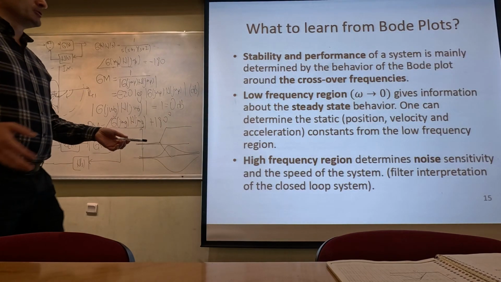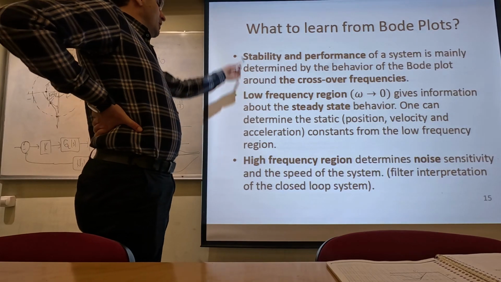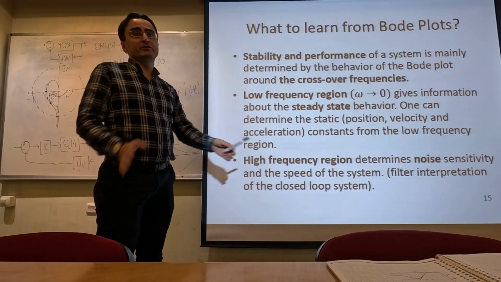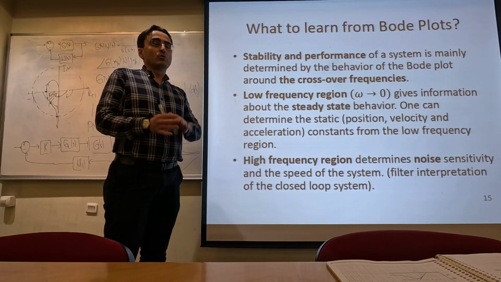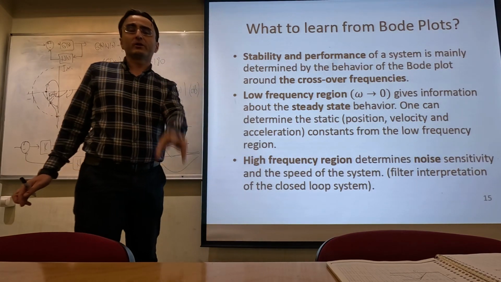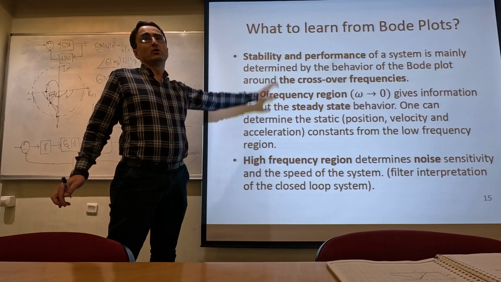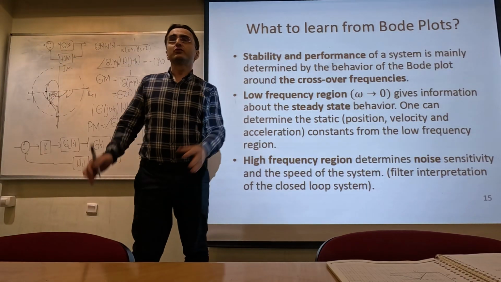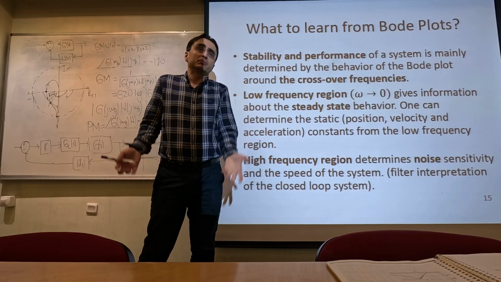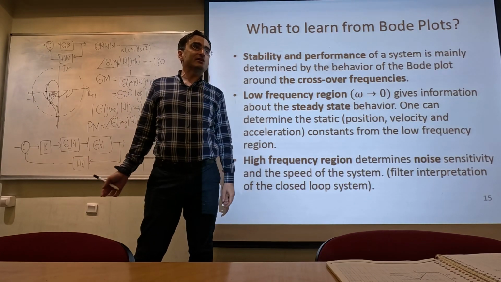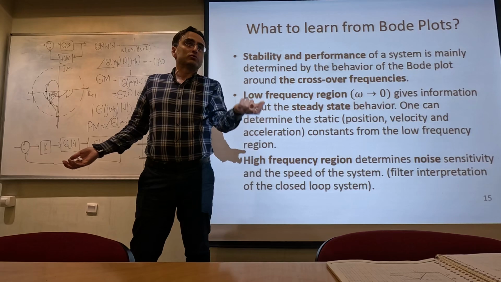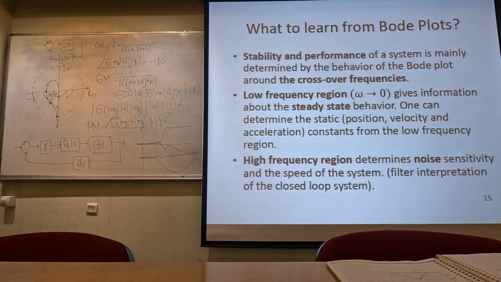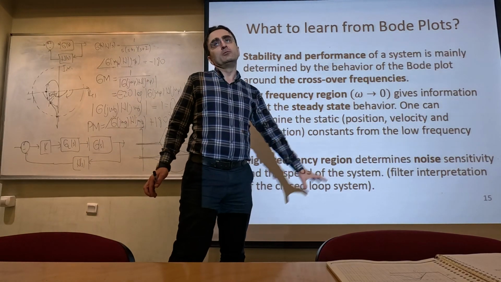So when we look at a Bode plot, what is important for us are these three things in different regions. Stability and performance of the system is usually determined by the medium frequency range, where the gain crossover frequency and phase crossover frequency are. Usually the transient performance is determined by the middle part of the Bode plot. The low frequency region determines the steady state performance of a closed loop system. It is reasonable because at the steady state, this s variable and the frequency should go to 0. So low frequencies actually determine the steady state behavior of the system, and the high frequency region determines the performance of